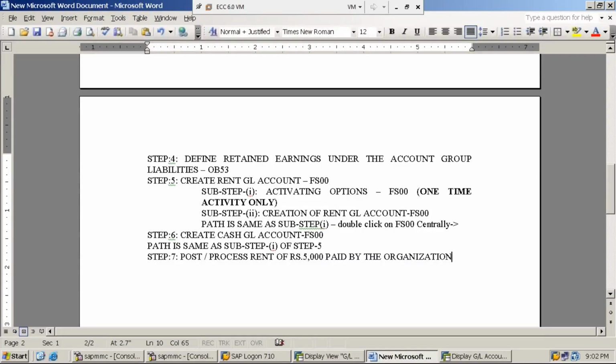It is a transaction, an activity that has taken place. The organization has paid rent. As it is a transaction, it has to be recorded in the system, nothing but processed in the system. Who has to process? End users have to process, using the transaction code